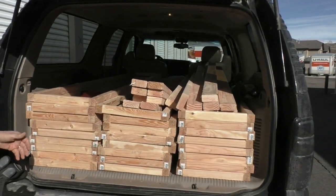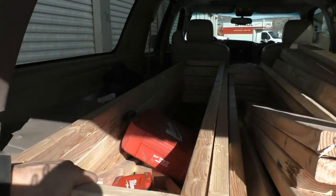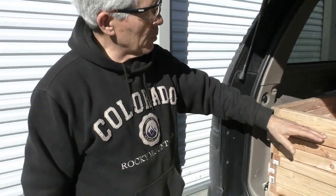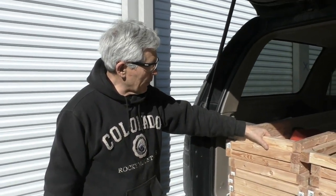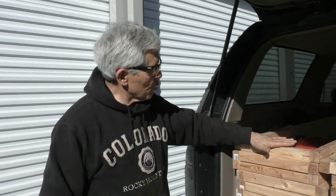We're going to be building some shelves today. These are temporary shelves, quickie shelves. We can take them apart. We've already put together what I call the shelves themselves, and we are going to be putting uprights to have them all stand up. So I've sized them so that we can get 3